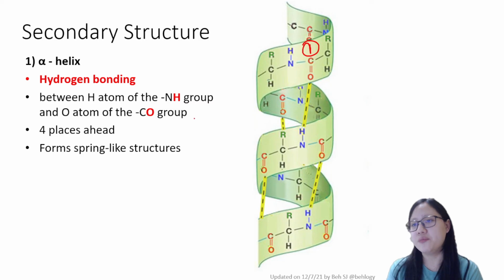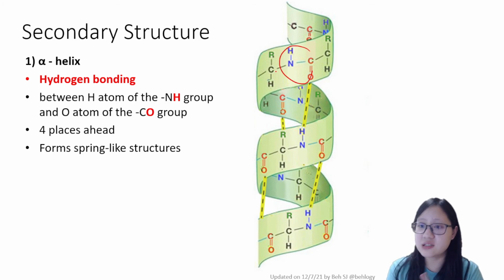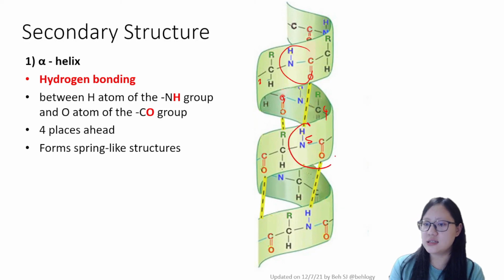So every 4. So this is 1 amino acid, 2, 3, 4, sorry, this is 1. So 4 places ahead is plus 4. So this is 1 plus 4, so it has to be 5: 2, 3, 4, 5. So you can see this is binding to this, which is 4 places ahead, and it repeats like every 4 amino acid it will